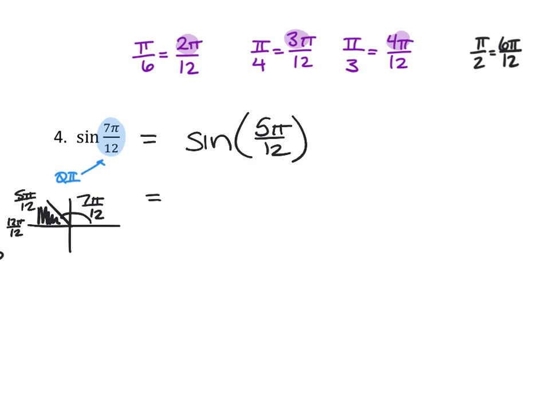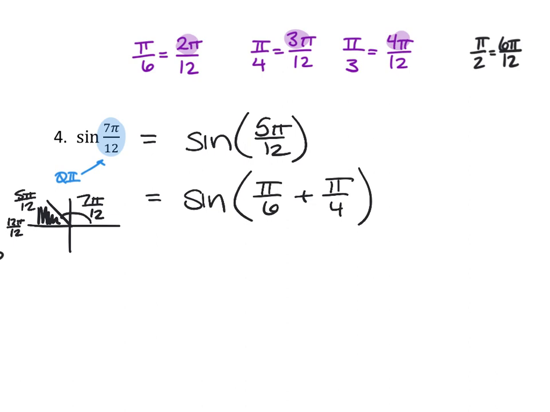2 pi over 12 and 3 pi over 12, which really means we're going to do pi over 6 plus pi over 4. Right? Because those were the two values right there. 2 pi over 12 is pi over 6. 3 pi over 12 is pi over 4. And the reason I want to put it back into those nice cute angles is because I know those off